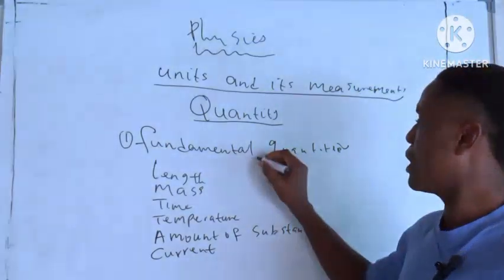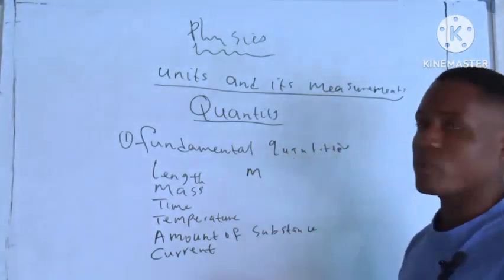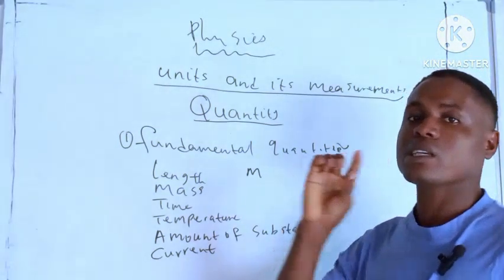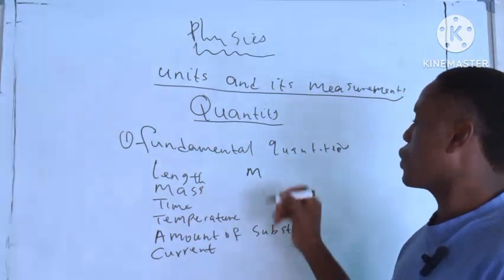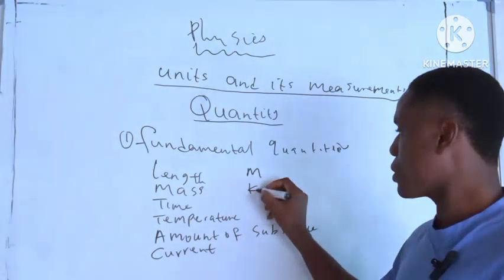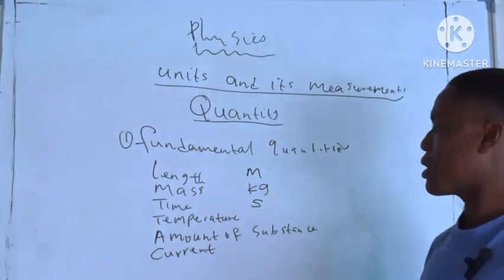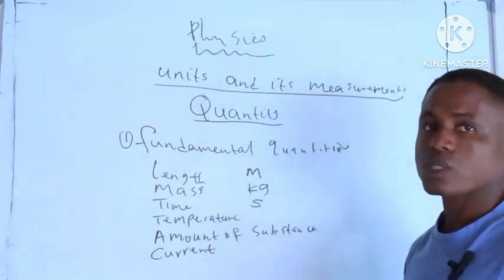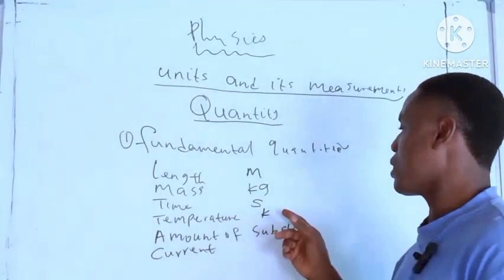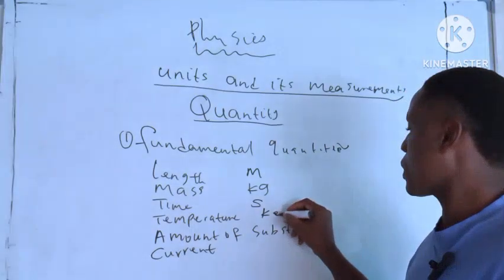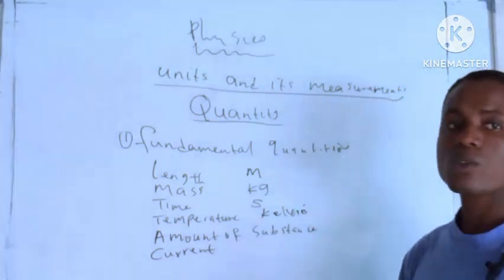So you know the unit of length is what? It is meter, right? It's measured in meter, which is m, as the symbol. Symbol means the first letter of that particular word, okay? Then the unit of mass is what? It is kilogram, which is kg, right? Then the unit of time is second. Then the unit of temperature is what? It is Kelvin. The symbol is the first letter, K. This is the full spelling, Kelvin.